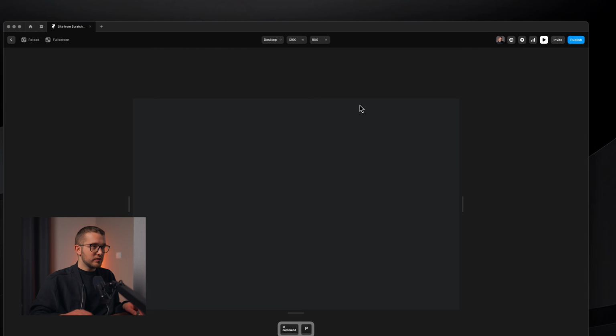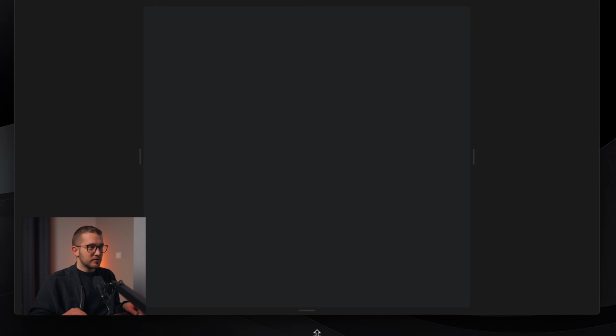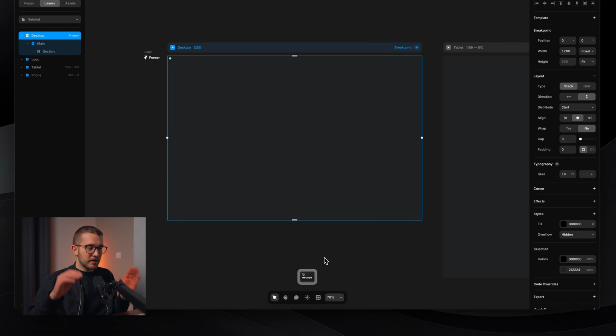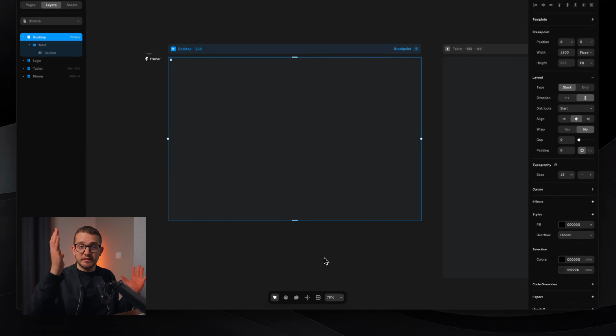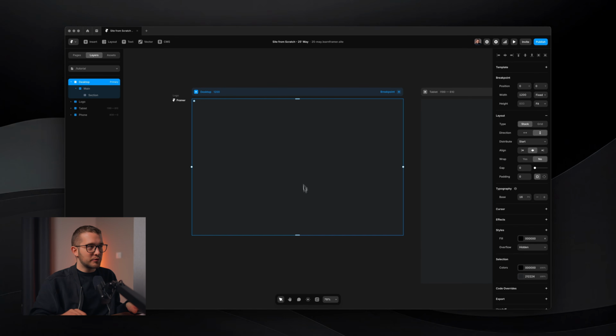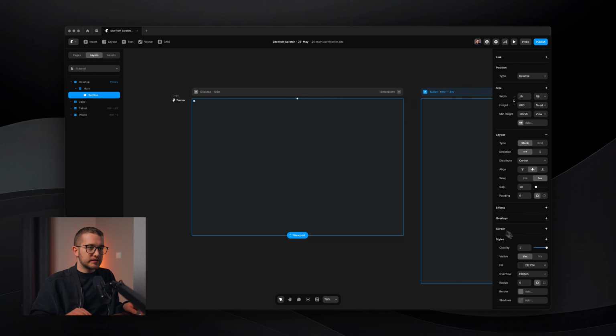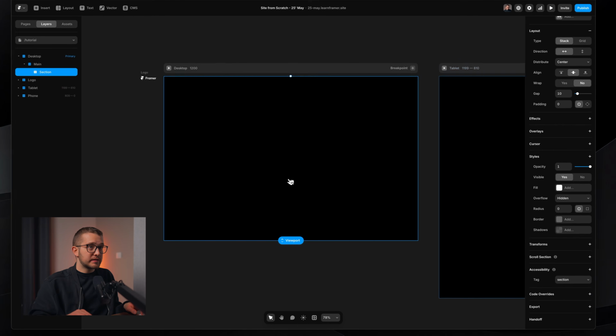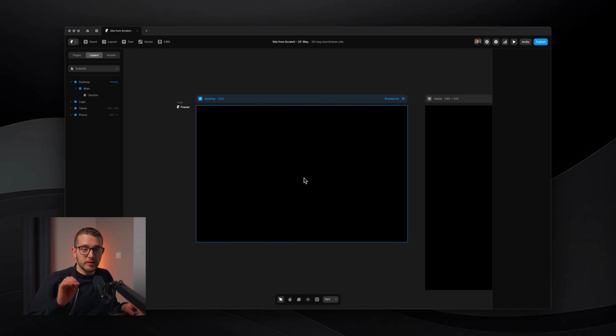So if we preview this, it's nicely going to fill up the available viewport no matter the viewport height. So even on my tablet, on my phone, on my large TV screen, it's going to fill it up. Pretty cool. Okay, so we're going to remove the fill color from this section. One last thing that we have to do before adding actual text and buttons and content within our section is